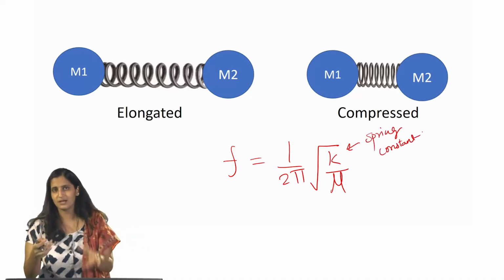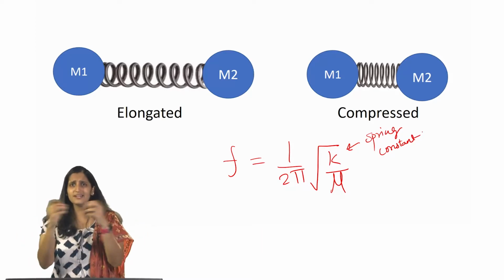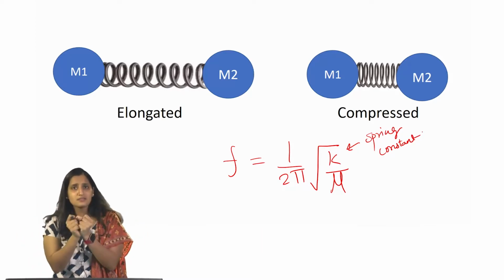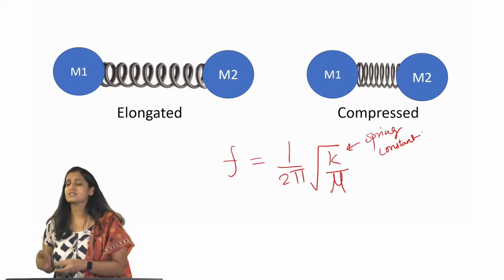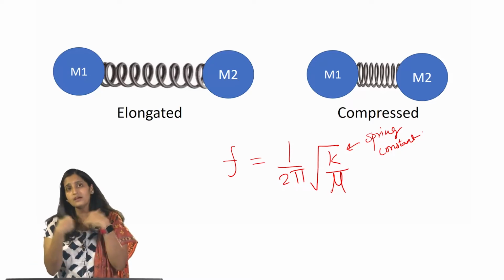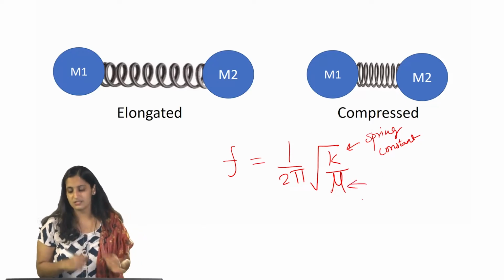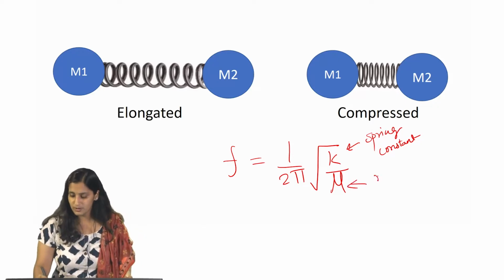Whether the spring is made of metal or plastic, depending on how strong the spring is, it's going to change the spring constant. The stronger the spring, the tighter the spring, the higher the spring constant. And mu is equivalent to the reduced mass,